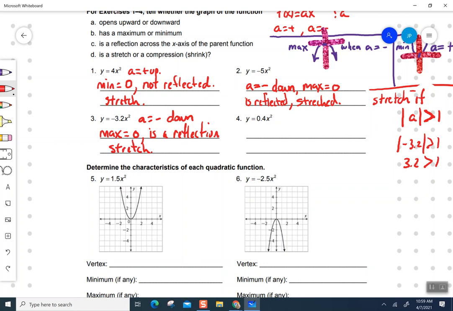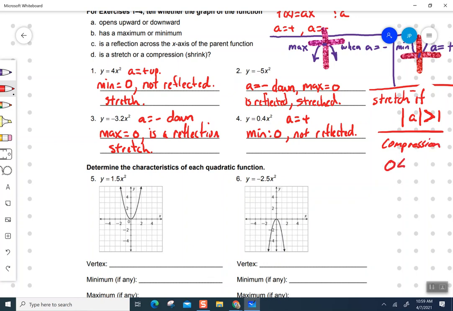Okay, so for question 4, first of all, you notice A equals a positive. So therefore, this one is a minimum, and it's happening at 0. Is it a reflection? No, because A is positive, it is not reflected. And lastly, is it a compression or is it a stretch? Well, it's not bigger than 1, but it does fit this mode. And you're a compression